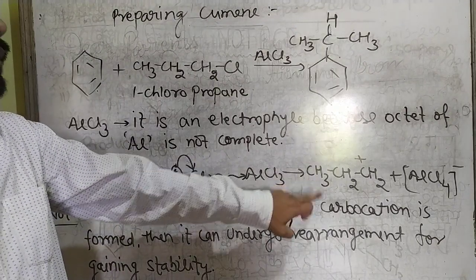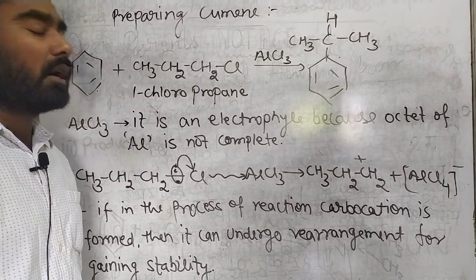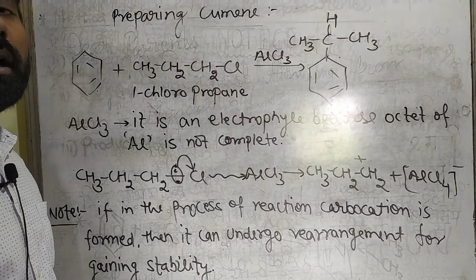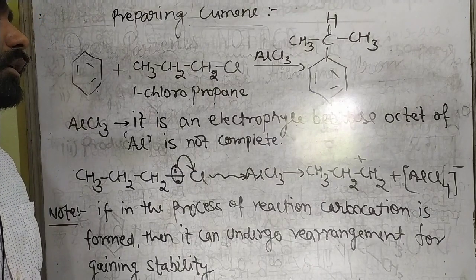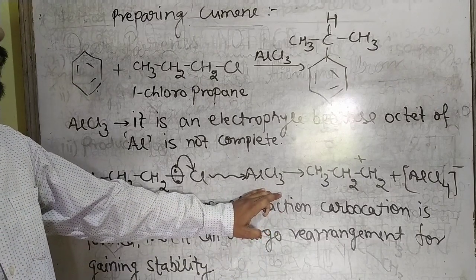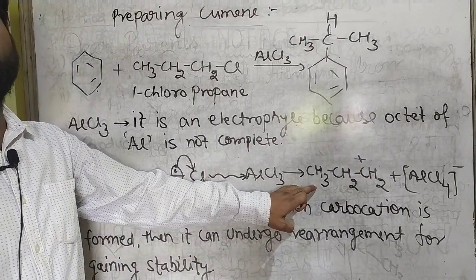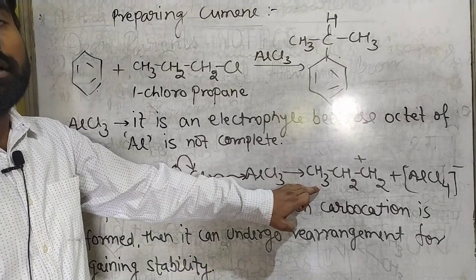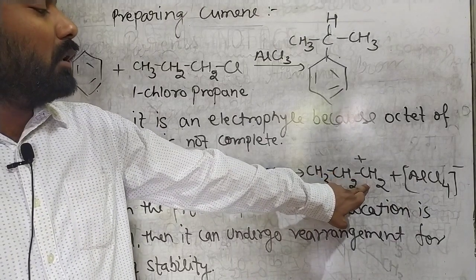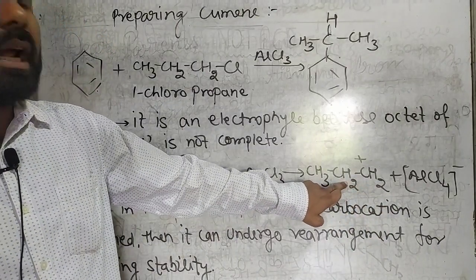Now the rearrangement process is done via hydride transfer or methyl transfer. If both processes can be approached, then hydride transfer gets preferred. So transforming this 1 degree carbocation into 2 degree, there will be a hydride transfer from